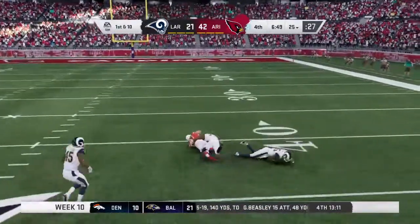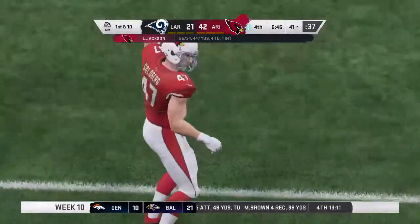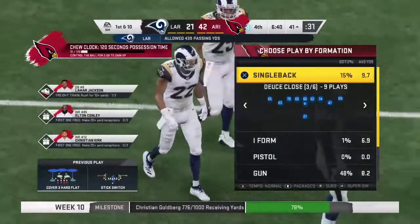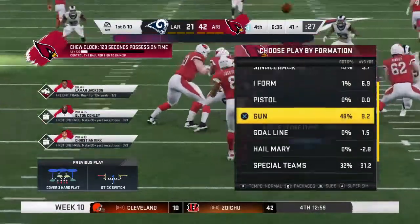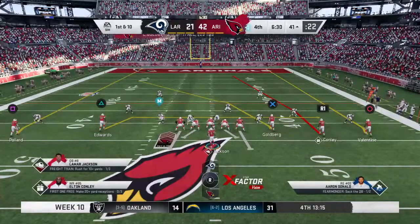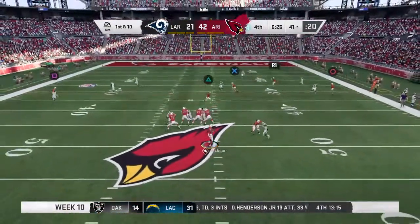Oh, this is taken in. It's complete. And he'll have it past midfield almost to the 40 before being taken down. It's a gain of 34. Boy, another big play late here for an offense, Charles, that certainly has had its fair share of big plays. Coverage has been a problem all game long, and I would say that going along with that has been confidence. Because even if they had the right coverage, they've still dented them,